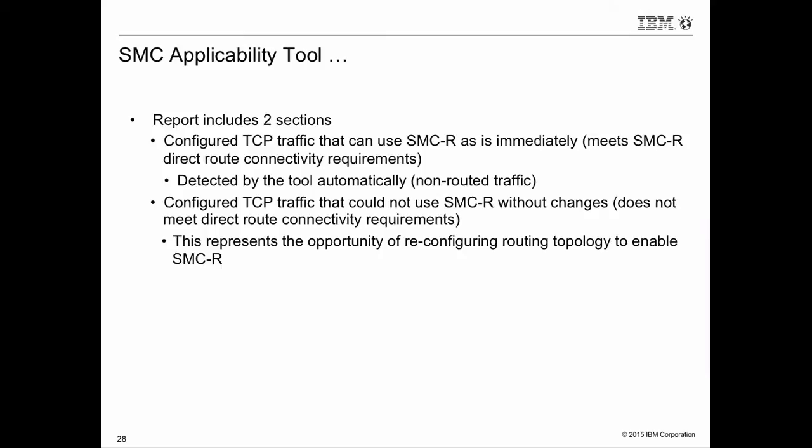The second part of the report covers what if you did match the IP address, so you are communicating with another z/OS system, but you do not have a direct route? We will count that traffic, but produce that report in a separate section. The idea here is that this represents the opportunity of potentially reconfiguring your networks to provide direct connectivity across your z/OS systems to exploit SMC-R. And we can call out what those benefits are separately, so that you can see what that opportunity